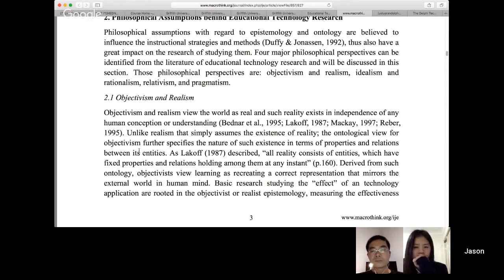And there's a whole range of views such as objectivism, realism, idealism, rationalism, relativism, and pragmatism. They're all different ways of understanding the world, and they influence how we explore topics. So it's useful to have an understanding of that.